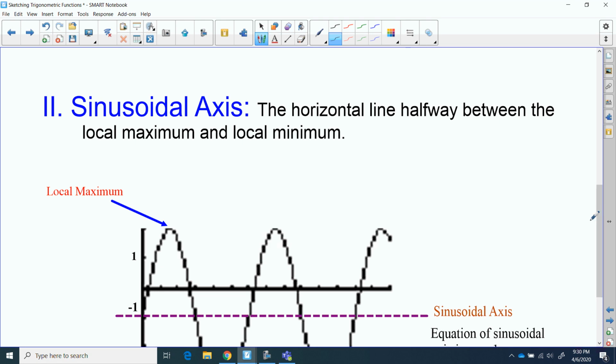Second one is what is referred to as the sinusoidal axis. So these waves, what we're eventually going to get to is we're going to move them up, down, left, right. We're going to stretch them vertically, horizontally. We're going to use all the transformations we used in Unit 1. So if we look at this graph,